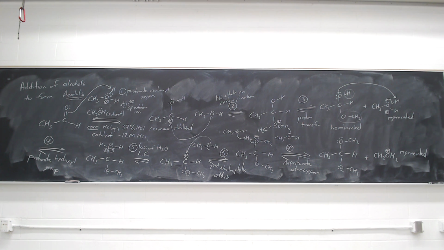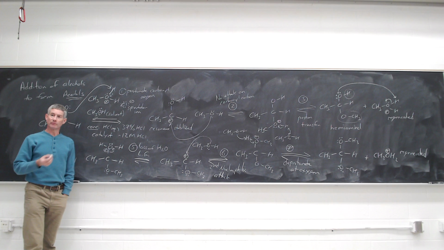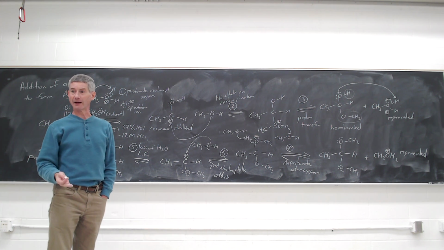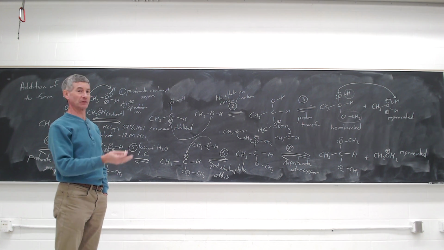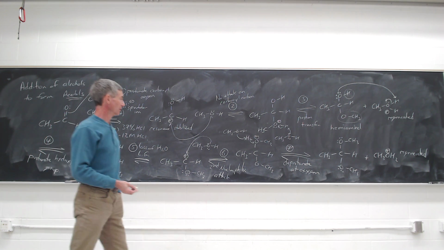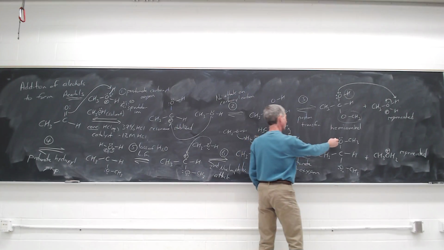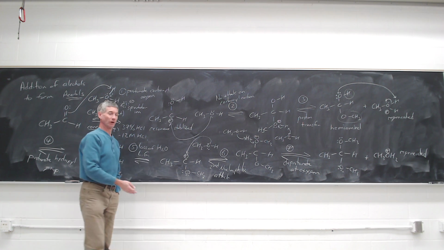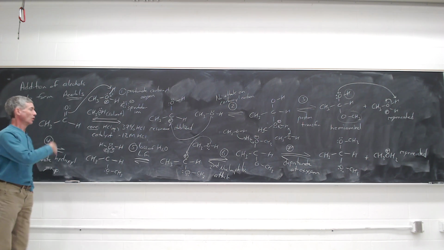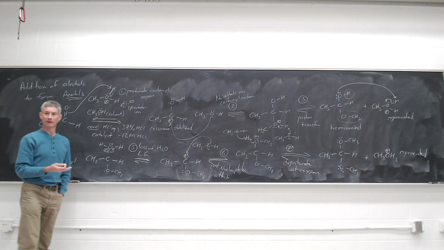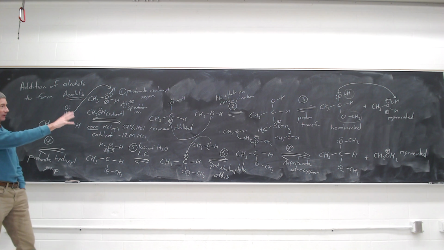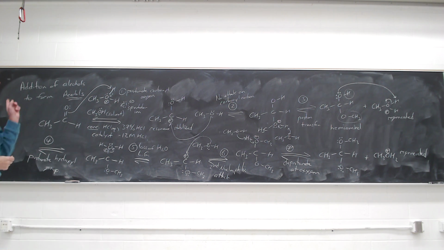Just retrace the steps, and the principle of microscopic reversibility applies here in that the reverse reaction will go through exactly the same set of intermediates as the forward reaction. So we will start by protonating one of these methoxy groups. We'll then lose methanol as a leaving group to form a resonance stabilized carbocation. Water will attack as a nucleophile, and I'll go through that mechanism in a subsequent video. So this 7-step mechanism in one direction or the other direction will guarantee